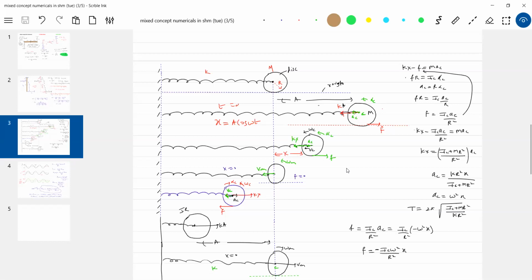This is what happens here. So now shall we go for the energy method? In what all forms is energy there? Rotational kinetic energy, translational kinetic energy, and elastic potential energy of the spring.